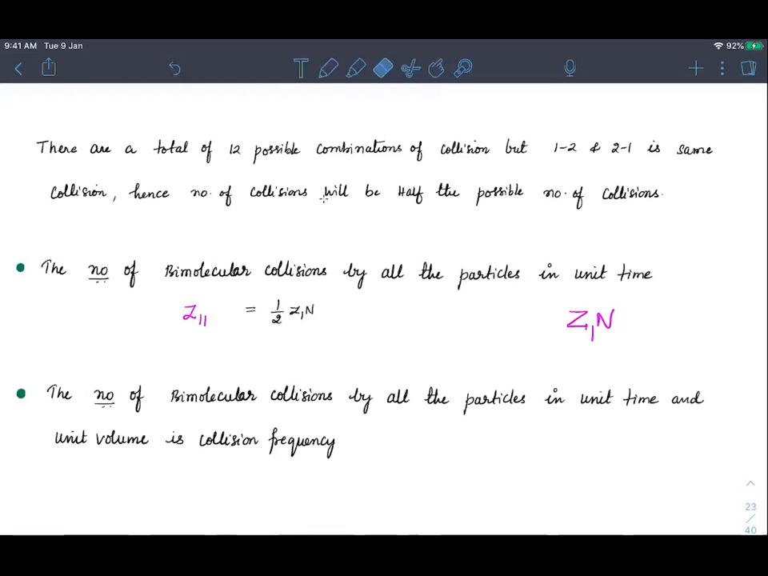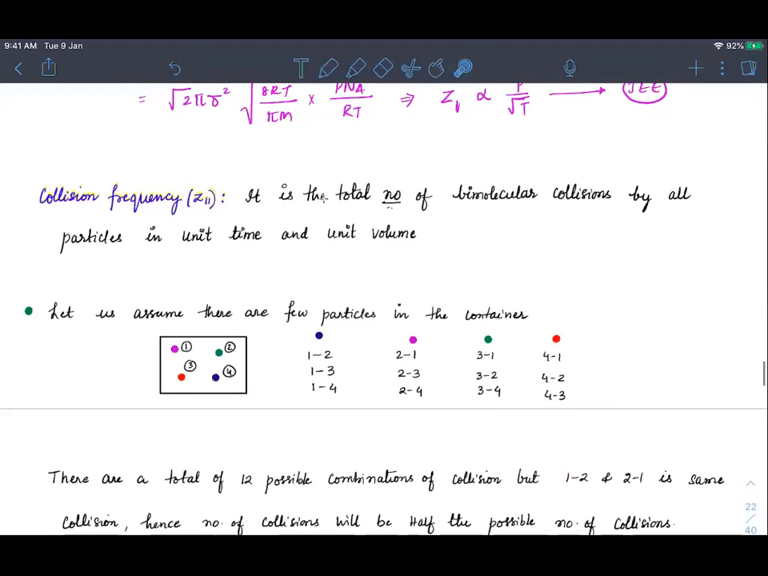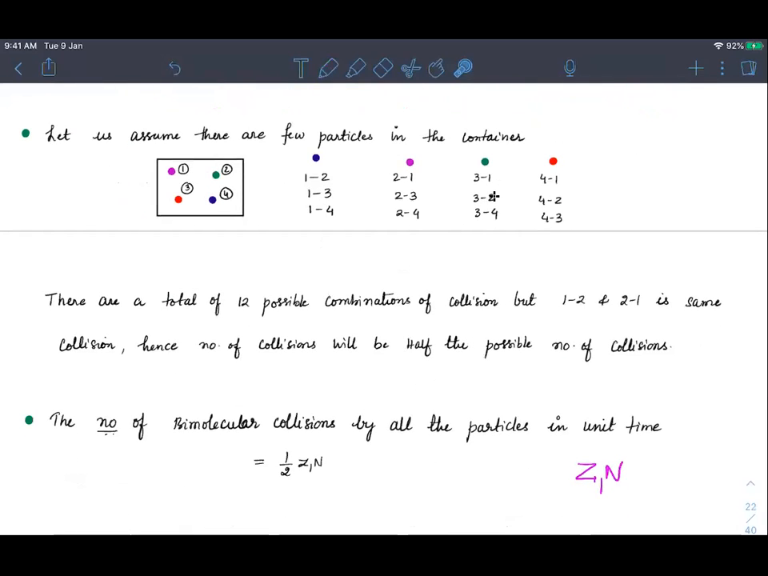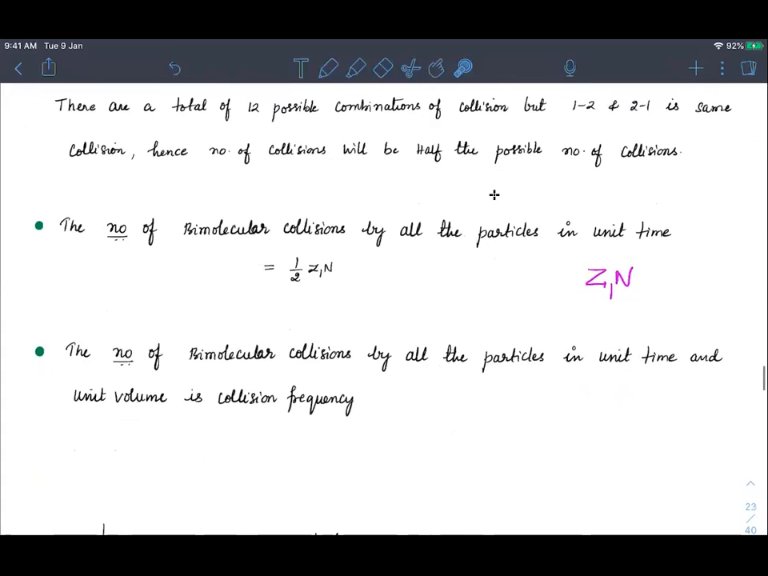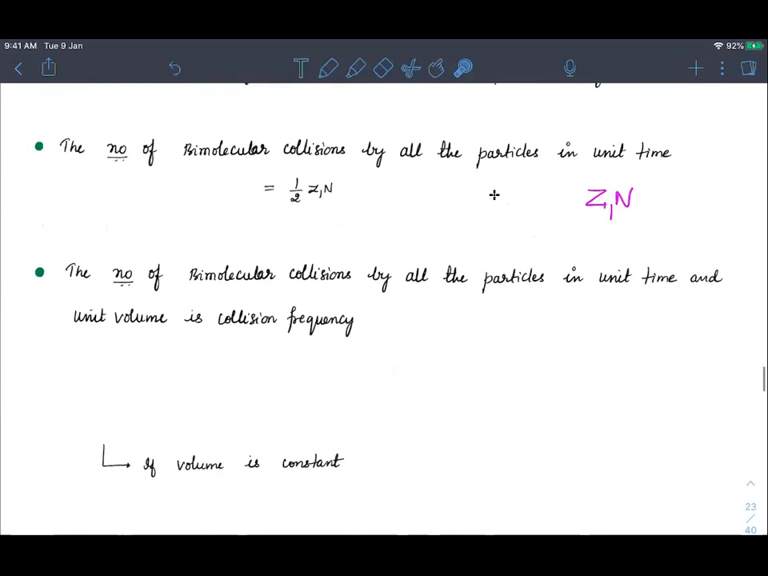Correct? Acha, but this is not Z11. This I have written only for unit time. Okay. But by definition, it is unit time per unit volume also. Okay. So therefore, now if I write the Z11, what would be the formula here now? So total number of bimolecular collisions by all the particles in unit time and in unit volume, which is collision